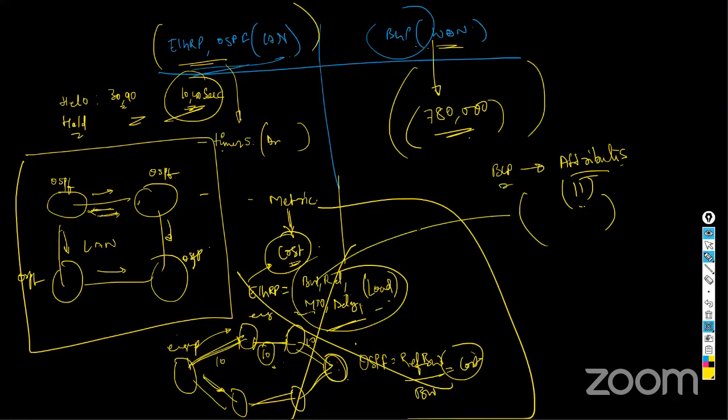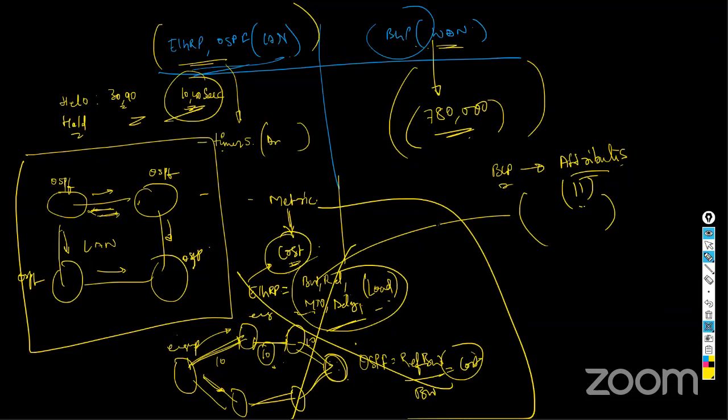So now you know the difference between an IGP protocol and an EGP protocol. If someone asks you why we don't use an IGP protocol on the WAN, you know why: because the timers are not going to help me. I have 7 lakh routes on the internet, so do you think the keep alive concept is going to work? My routers would have a lot of overhead on memory, CPU, RAM, etc., and basically they would just explode one fine day.